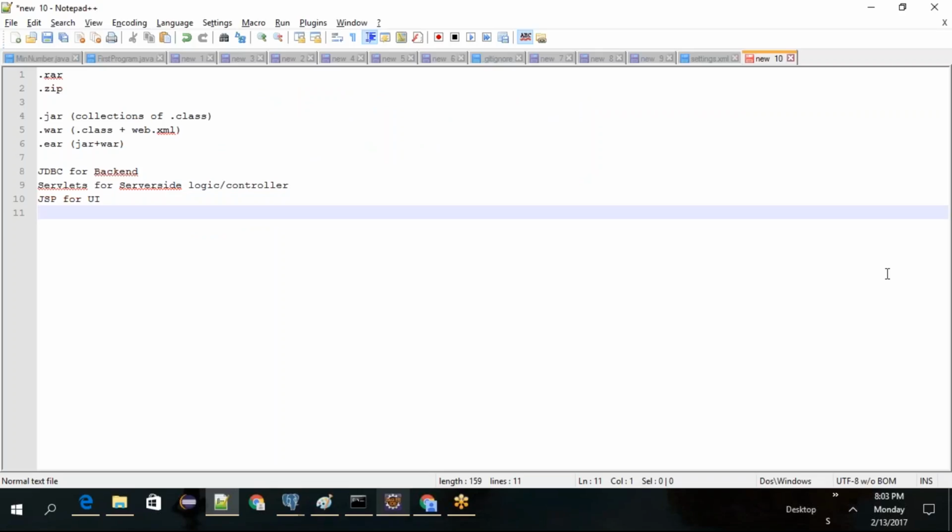If the data is there, we'll display a successful page saying your login has been successfully processed, we validated your authentication details, so you are allowed to go through the login application. If he provided wrong details, we can say, hey, you provided the wrong details, so please go and